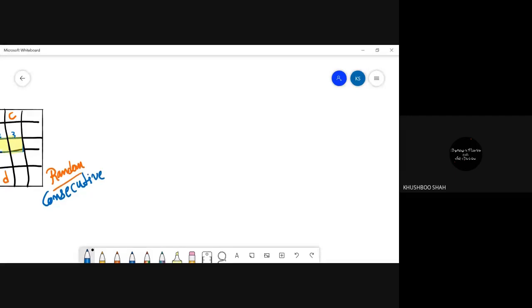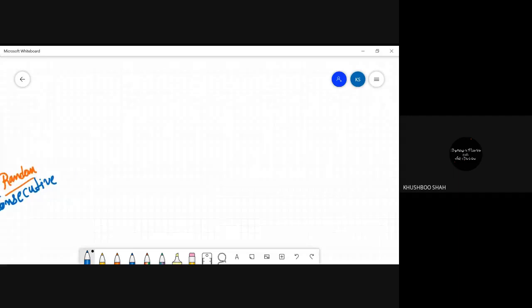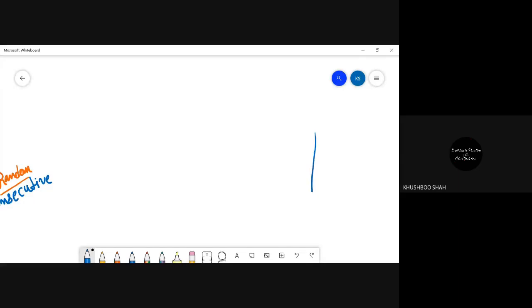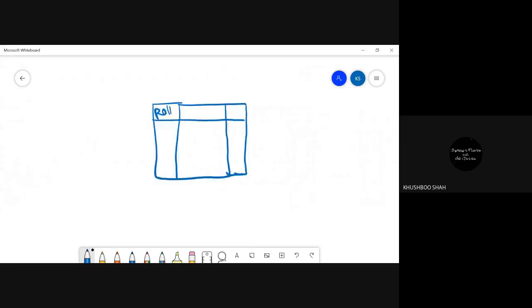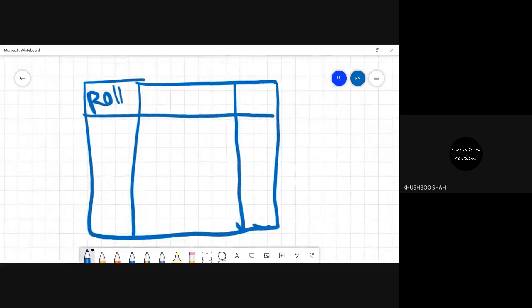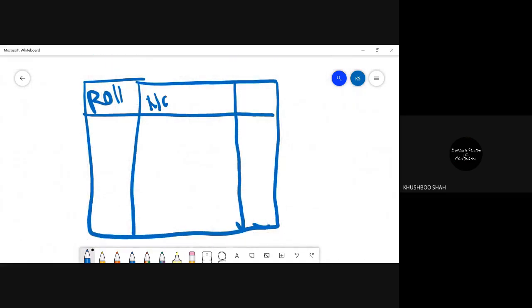Now my question is, let's say I want to store the student record. Let me first draw the rough, this is not the memory, this is just the rough data table. And in this data table, here I have a roll number, then I have a name and gender.